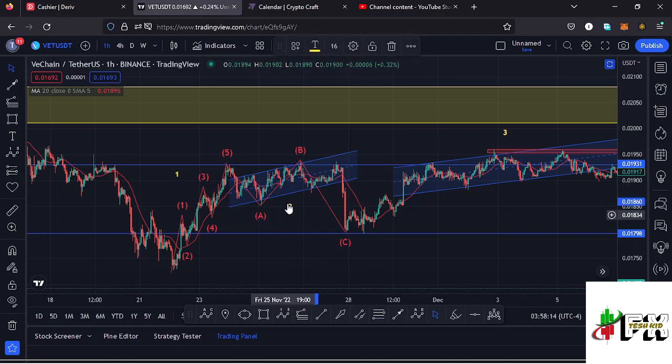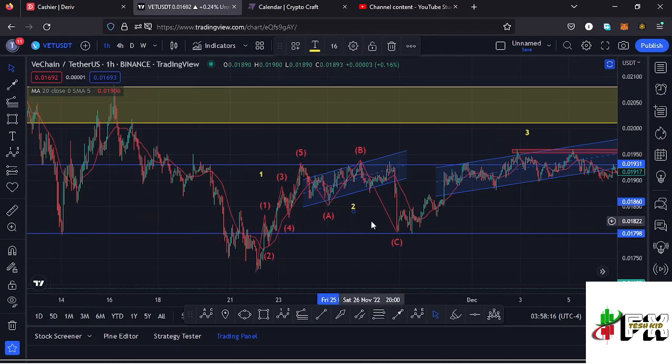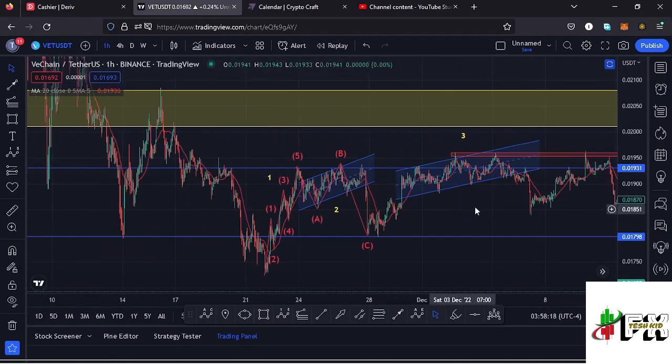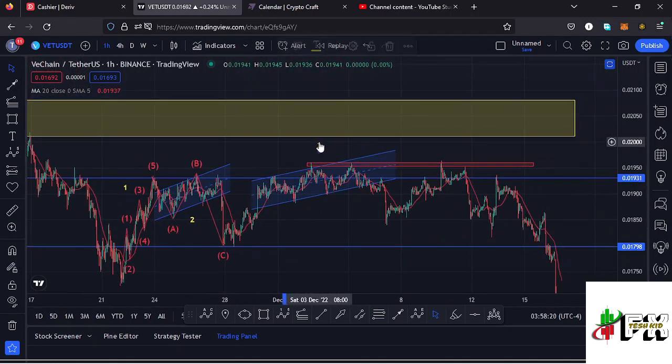And after seeing the formation of a higher Elliott wave count 2, whatever we expected next is a movement to the upside in the formation of a higher Elliott wave count 3, which is an impulsive wave. And for us to confirm that in the formation of that higher Elliott wave count 3, we needed to manage to break above the wave 1 high, and you can see we had managed to break above the wave 1 high right here,